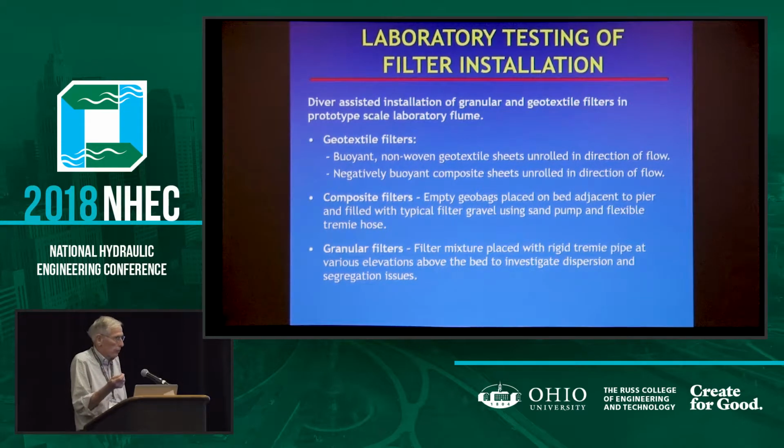In addition to the sensitivity analysis, we thought we might try some proof of concept activities in the lab out at Colorado State University as a part of the project. So we conducted some diver-assisted installation, both granular and geotextile filters at a prototype scale in a large outdoor flume at Colorado State University. On the geotextile filters, we experimented with the buoyant non-woven geotextile just unrolled in the direction